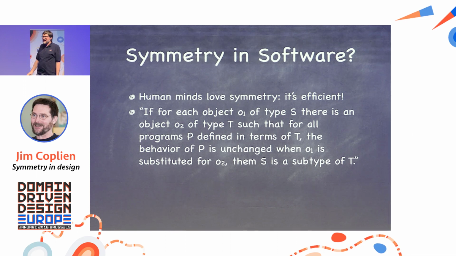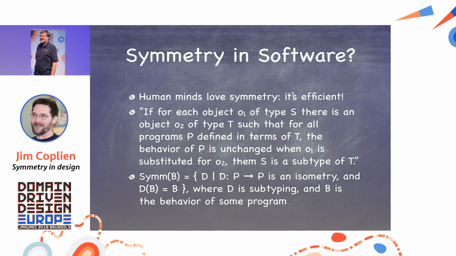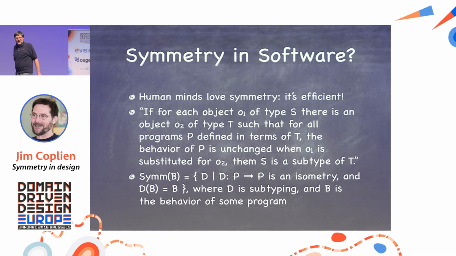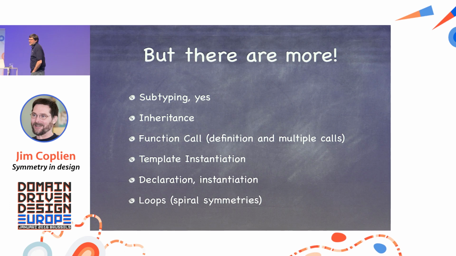It says it's based on a symmetric relation. Ooh. This looks kind of similar, doesn't it? So the formal definition of symmetry and the formal definition of object-oriented programming are very, very similar. And they're based on this notion of an invariant, which is sometimes called the Liskov invariant, or sometimes called preconditions and postconditions, or the class invariant. These things are pure symmetries. So this is subtyping. Inheritance is also a symmetry.